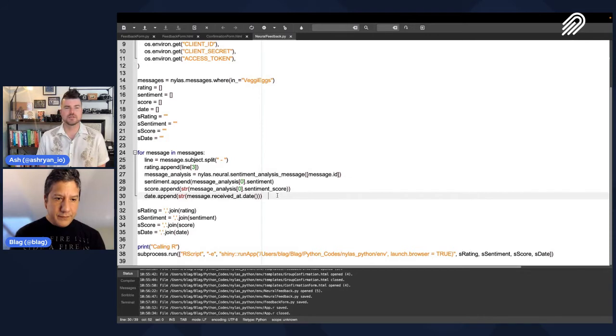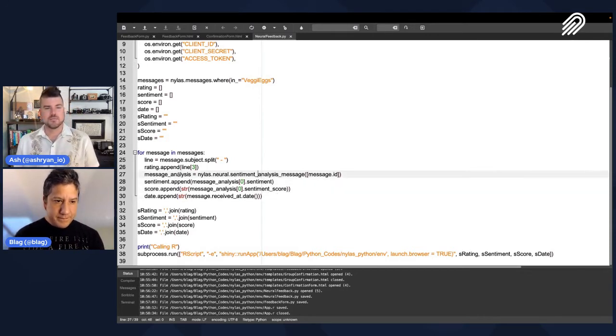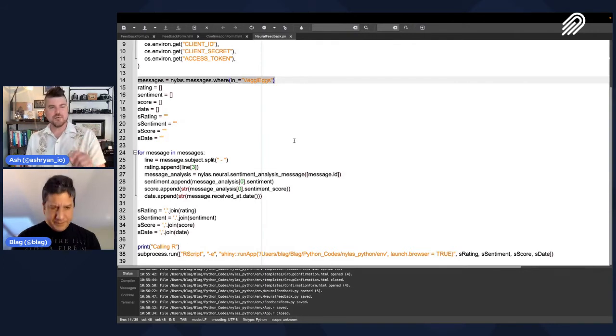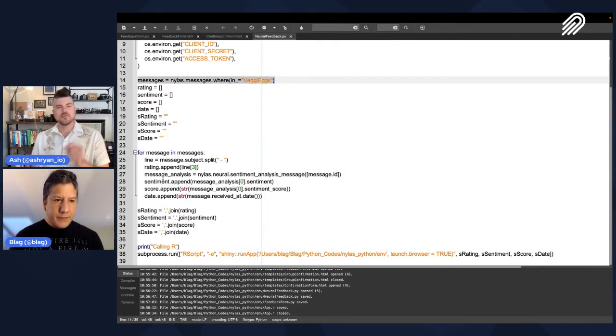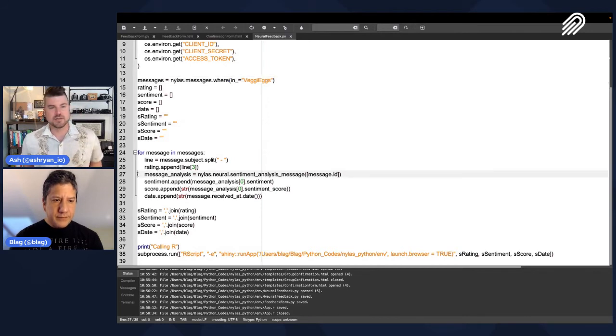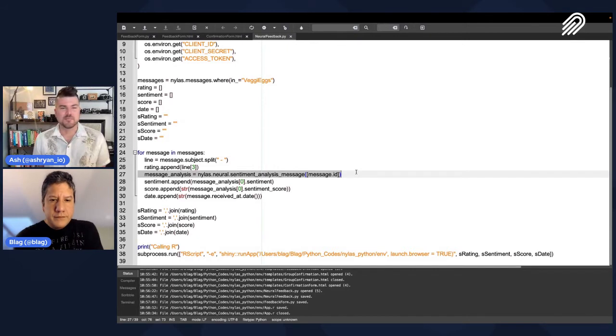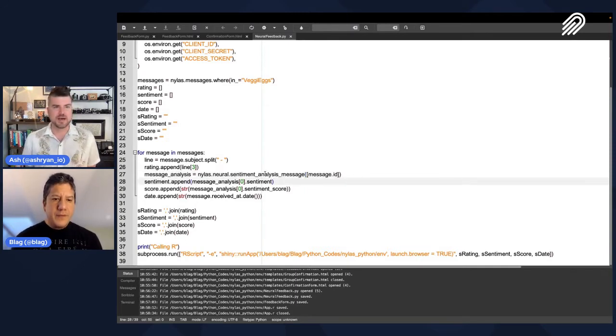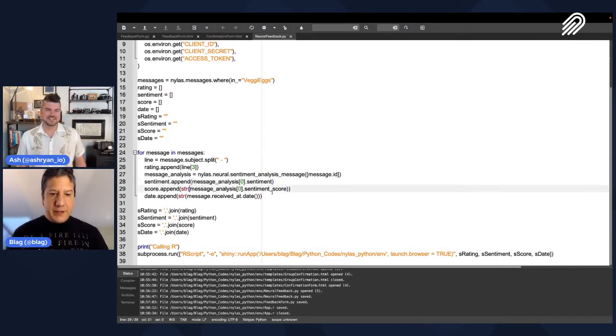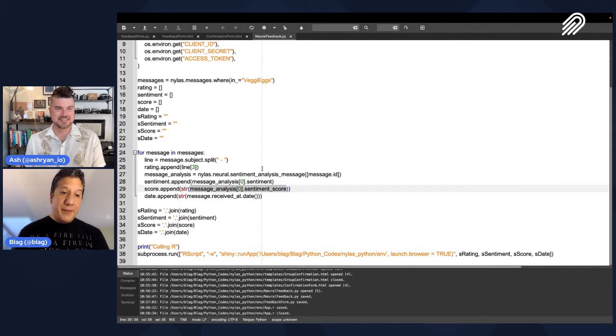Yeah, so let's replay that real quick. You can see up there on line 14, like Blag has explained, you're grabbing all those messages. And then in the for loop, starting on line 24, all you're really doing at this point, at least to pass to the sentiment analysis, which is the next step, would be pretty cool. But when you pass that, all you need to do is pass that message ID. And then the sentiment analysis engine is going to go in and find the message with that ID and do magic, which I think we'll get into in a second. It's going to return the sentiment and the sentiment score.